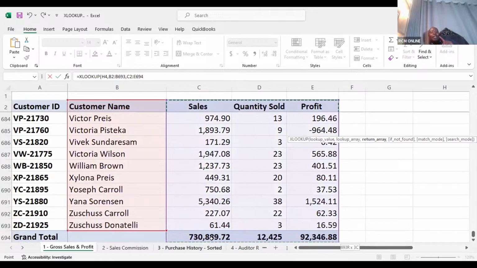But it has taken the grand total. So you can either do it manually or